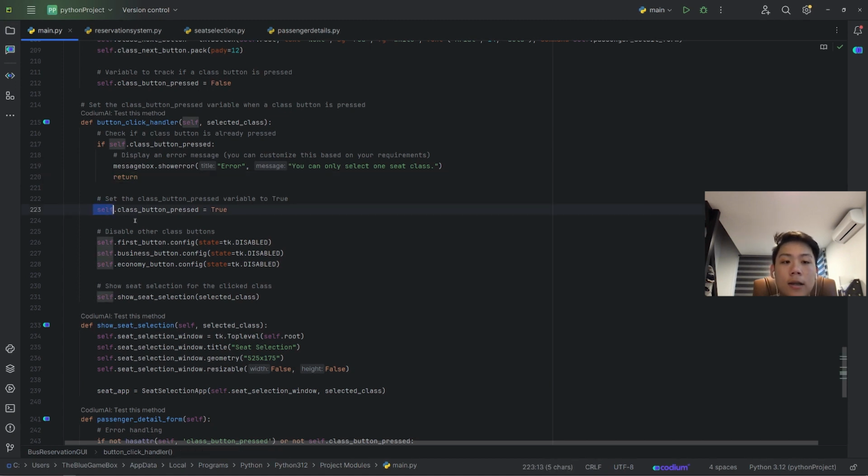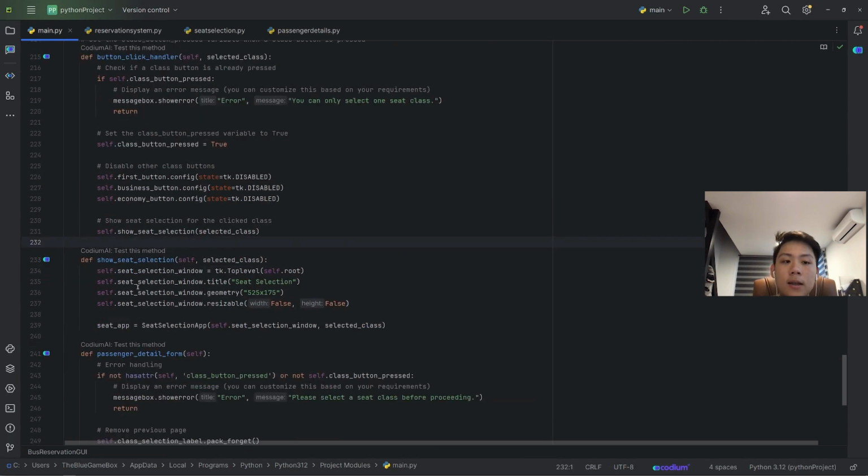And lastly, on the selection of seats, after the user clicks on the preferred class, it triggers the show seat selection function. This will create a new window titled seat selection with a fixed size of 525 by 175 pixels. The seat selection class will be instantiated with the self seat selection window and the selected class as the parameters that